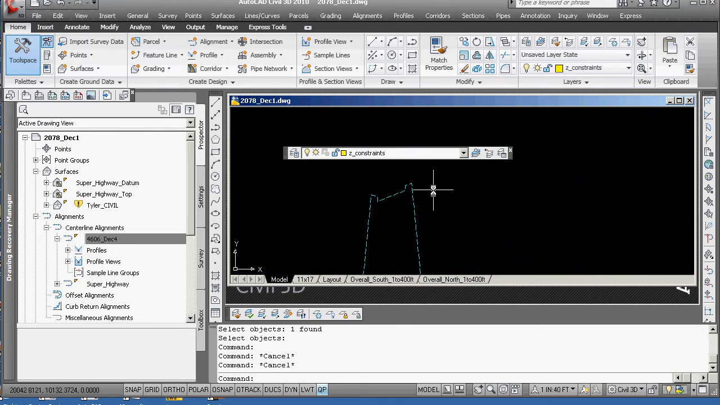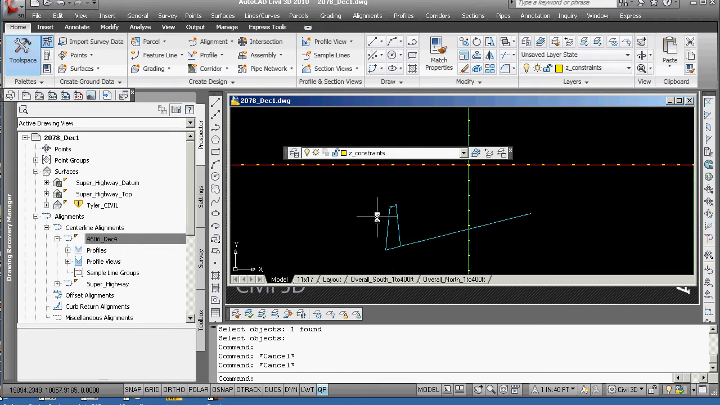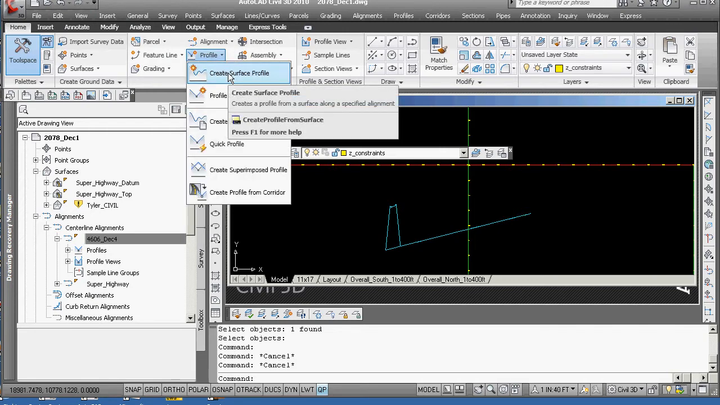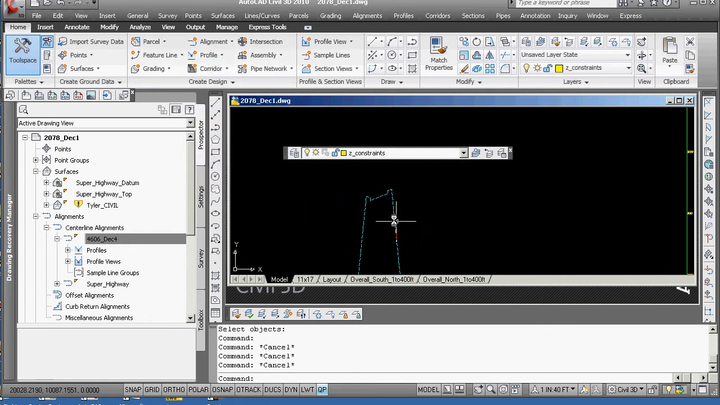You're going to want to eventually design through this intersection because you're matching it, and you're going to probably want to end up someplace there. You'd like to go and start thinking about your stations and whatever else. I'm just going to go beginning to end because now you're ready for the Create Surface Profile. Before you go ahead and do Profile Creation Tools, before you do that, it's probably a great idea to get some things on Z constraints, like